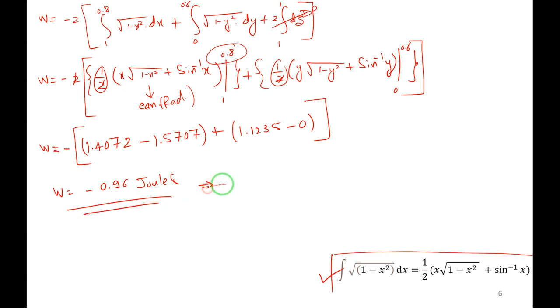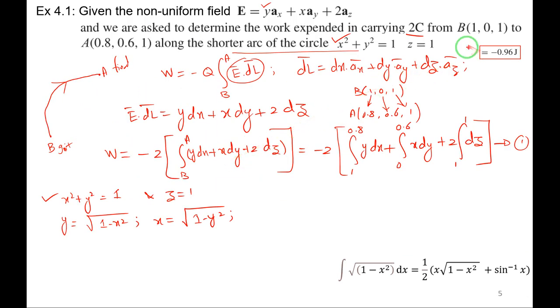Simply I can write it as W is equal to minus 0.96 J, for joules. If any doubts are there, you can unmute yourself and ask me so that I can clarify at that moment. So you can verify the answer, you got minus 0.96 joules. The first problem is over. Second problem, everything is the same. Instead of the shorter arc of the circle, they will say straight line. And in the second problem also I should get the same answer, because we have seen that the work done is independent of the path chosen.